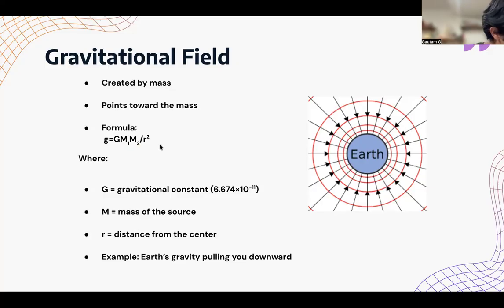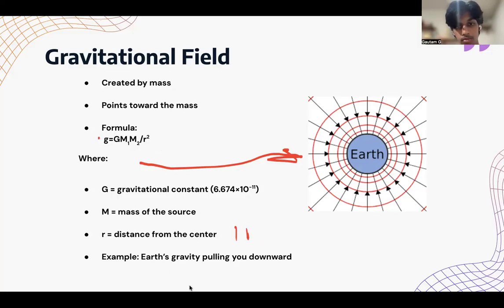Oh wait, the gravitational constant is given right here. So G is actually a really small number, 6.674 times 10 to the negative 11th. I don't fully know how they got this. I'm assuming they did a lot of math and figured out what the universal constant was, but I'm imagining you could use this to find the gravitational acceleration of Earth, which is just 10 meters per